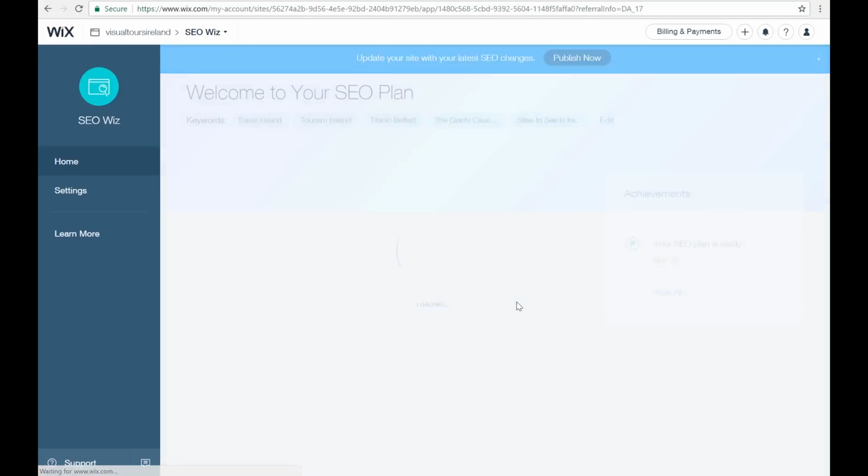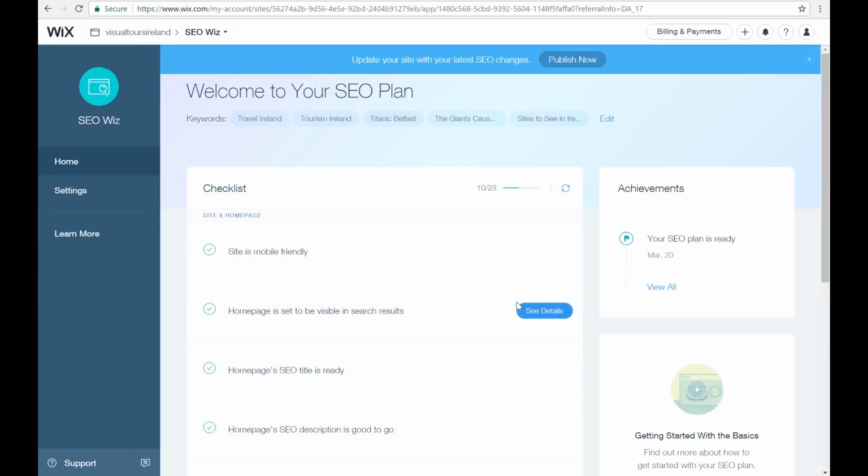What is SEO? SEO is search engine optimization, and a lot of people will run away from it when they hear that term and they think it's very technical, but we are just going to go through and highlight a few things that you should do and cover the basics. Why is it important? It is important to follow the SEO guidelines that are set out by the search engines so their software can read your website without any problems, understanding what your site is about and what content it contains.